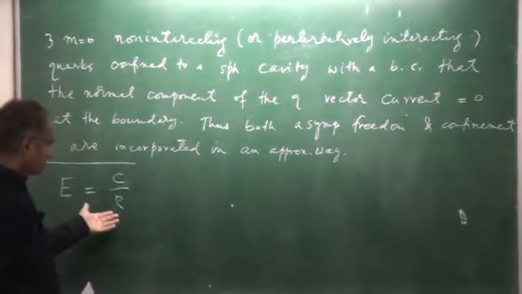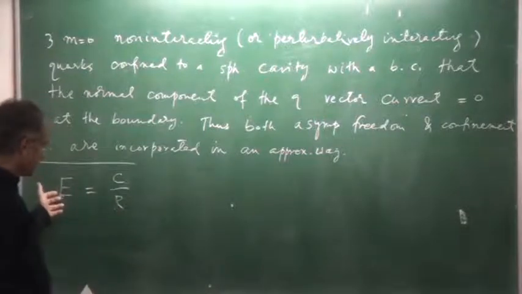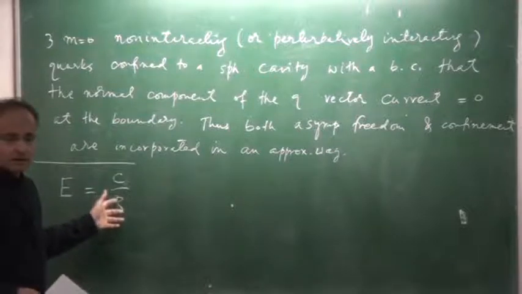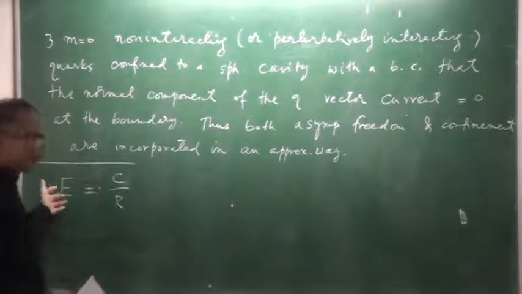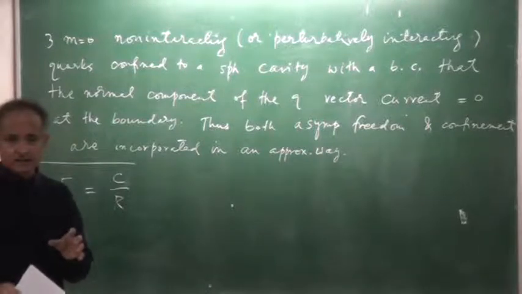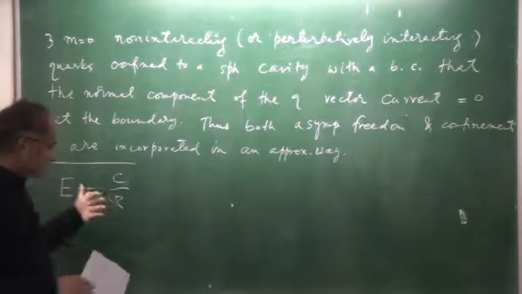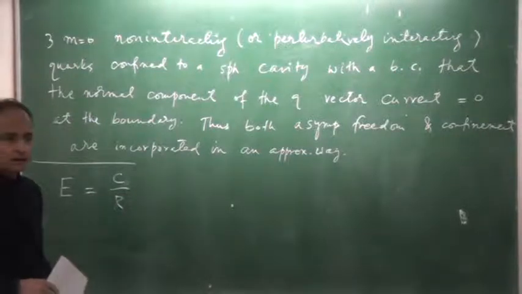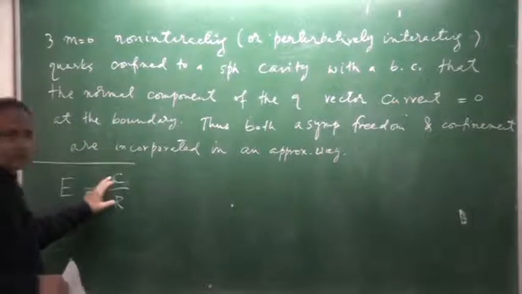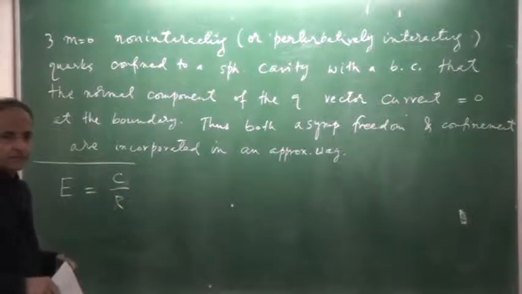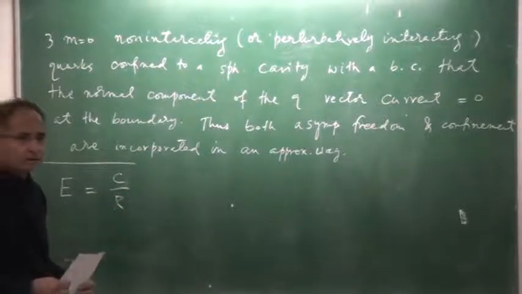But this cannot be the whole story, because if you want to minimize energy, you will keep on increasing R, and that will minimize the energy. But that doesn't happen. The nucleon has a finite fixed size. So this is not the whole story. Why is this not C by R squared? I'm taking C to be dimensionless, so it has to be like 1 upon length. This is relativity.